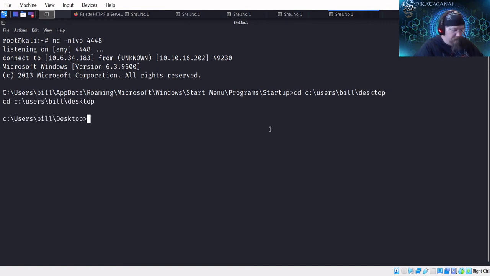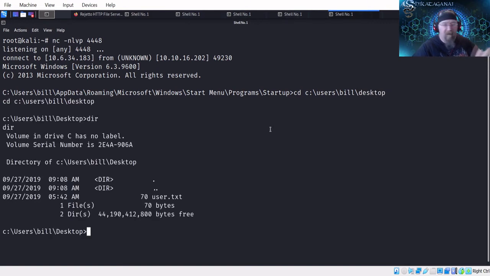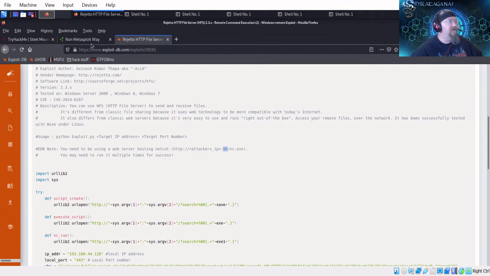Right, there we go, and dir, and then we would just type user.txt again, just like last time what we did there. And the same thing would then apply to doing it with the privilege escalation to root, but this time we would use a new tool that we could use for enumeration. So this one here is called